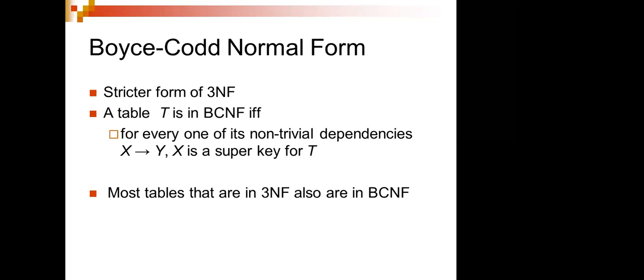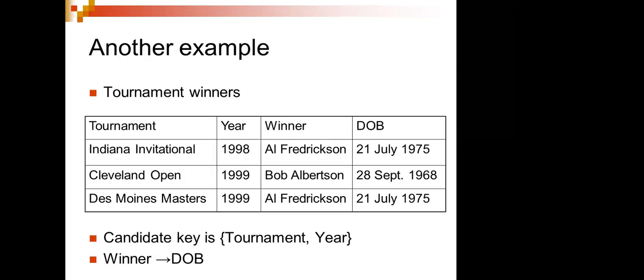I'll be splitting that data in the form of tournament year, winner, and date of birth, and I'll put each in a separate place, so that whenever I need it, I'll get the data from that particular table. So this is how I'll divide my data into third normal form.